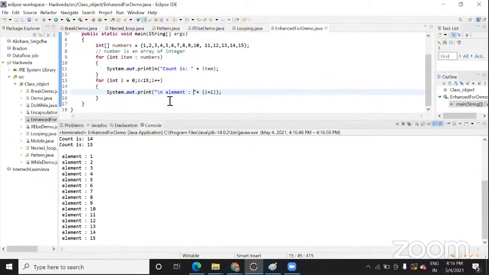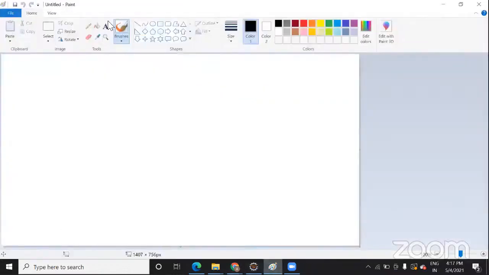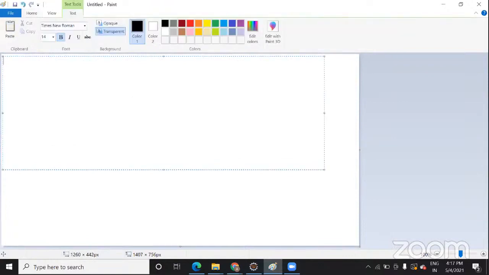Now today's topic was nested looping, right? So I will show you nested looping. What do you mean by nested loop? Nested looping means, from the name only it might be clear. Do you have an idea of nested looping? I've done it, but I forgot. Okay, nested looping means a loop inside another loop.